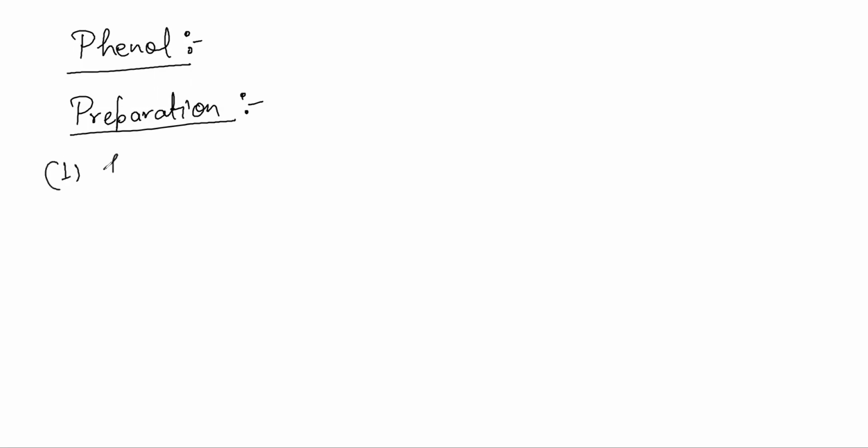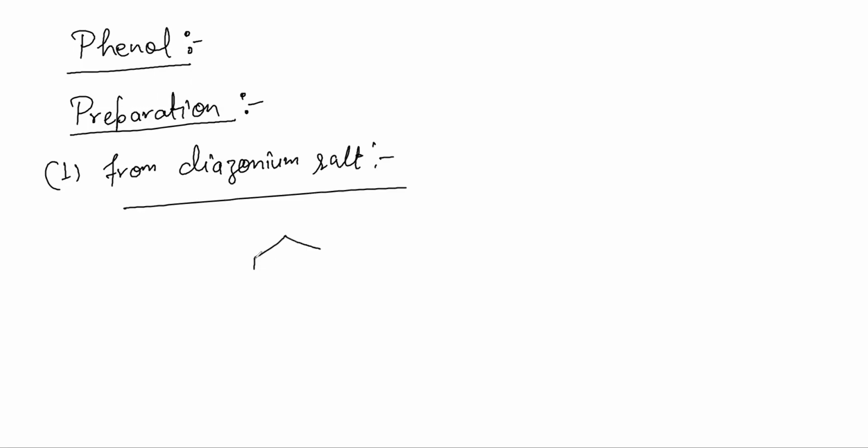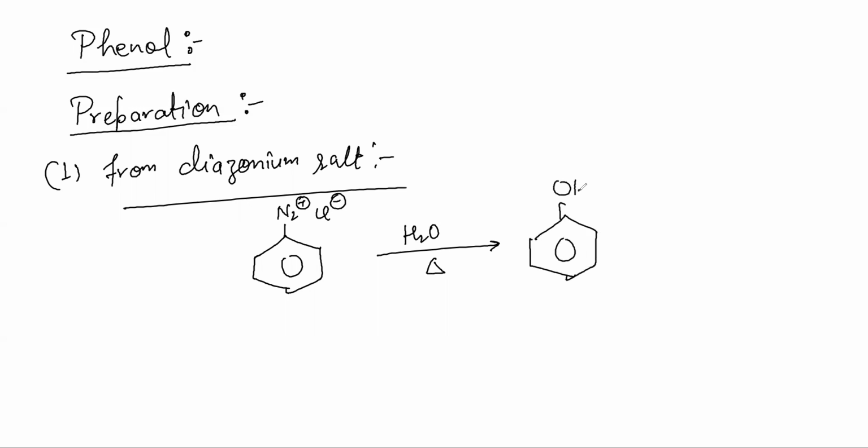First method, from diazonium salt. Diazonium salt means if you have this N2 plus Cl minus, and if you treat it with water and just heat it a little bit, once you do so, what do we get? We get here OH. So this is the first method of preparation. I hope you remember this,